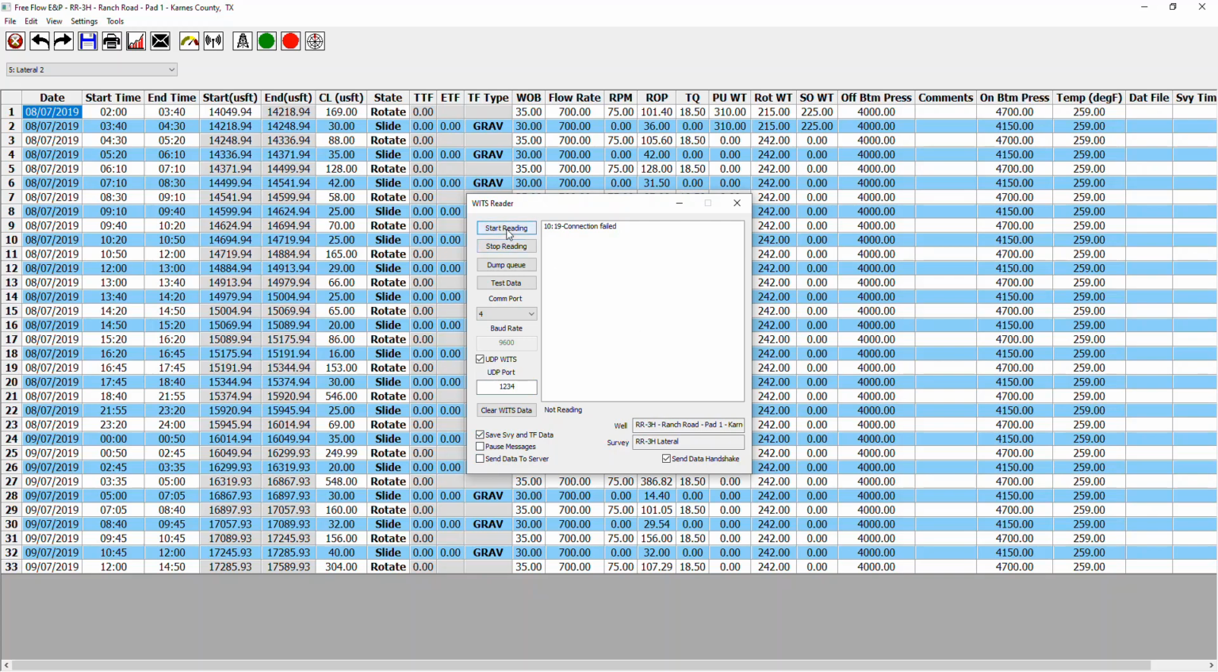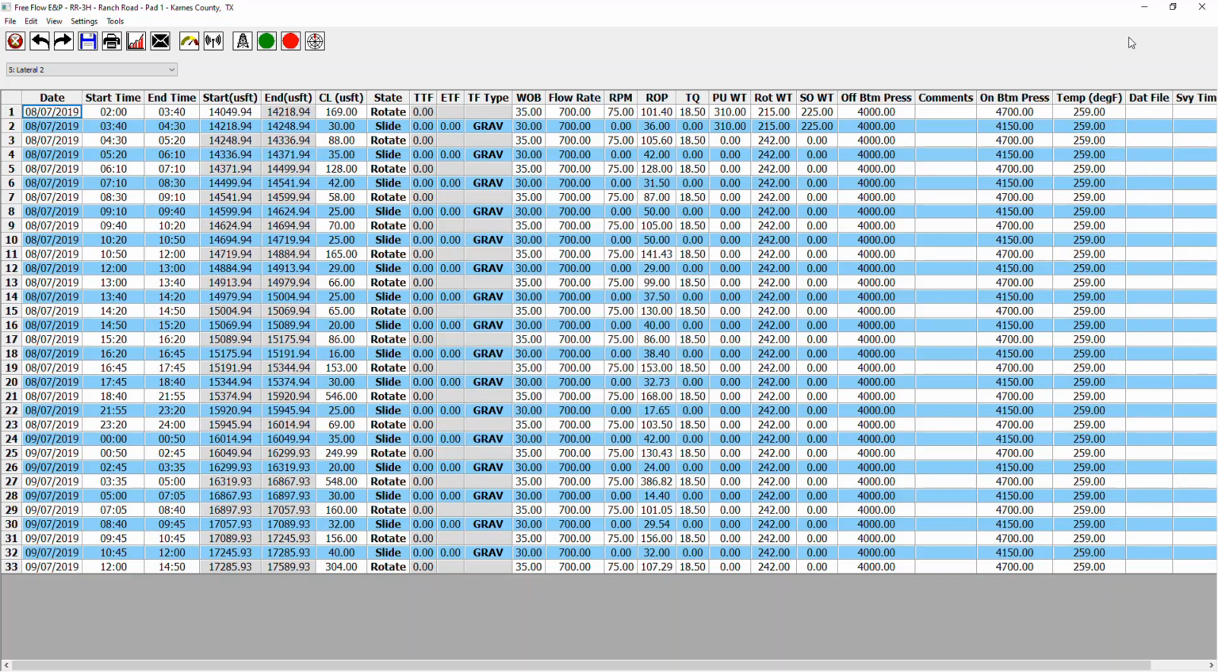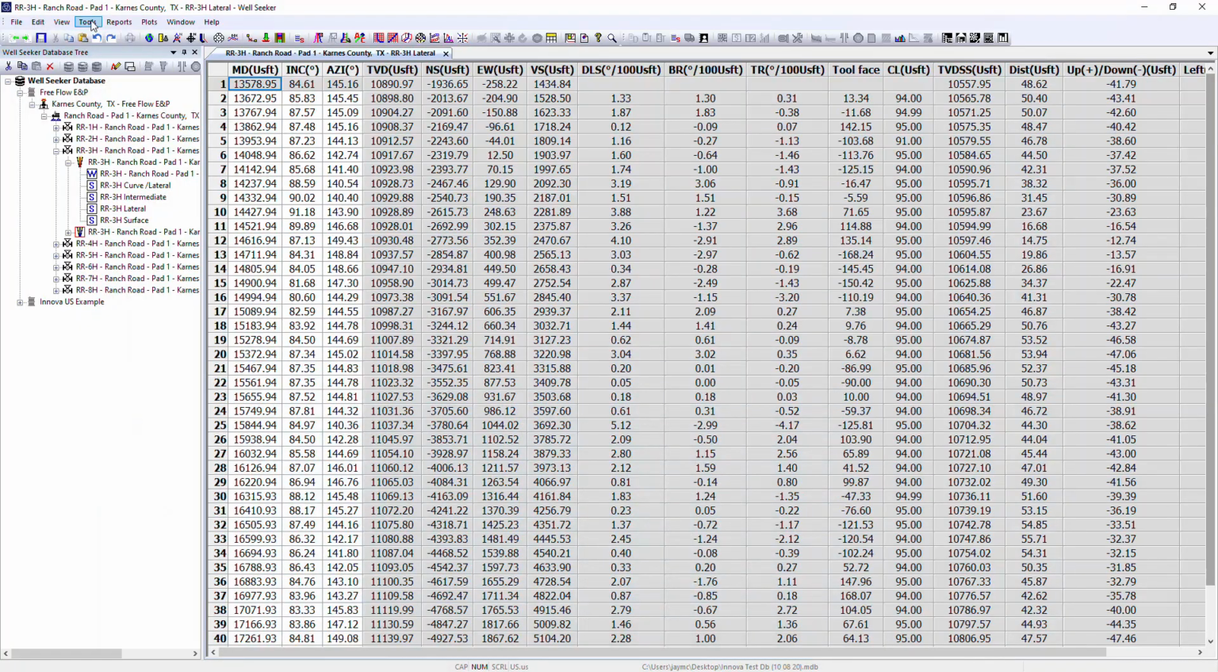Start reading will start the software looking for incoming WITS data. If any is found, it will be displayed in the main white window in the dialog. In order to ensure the data is pushed back to the correct well and server, the user must access the